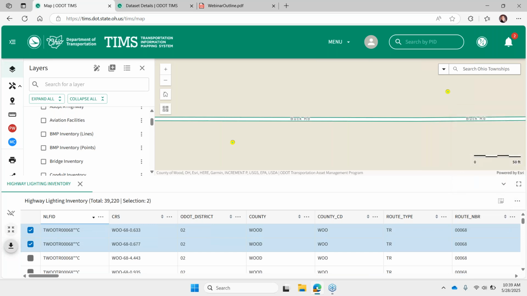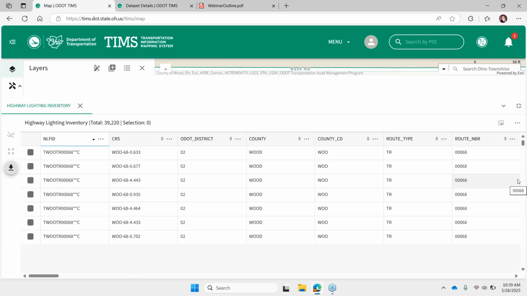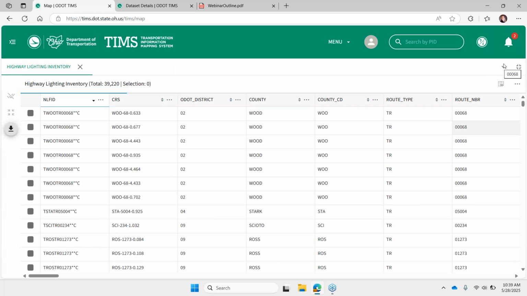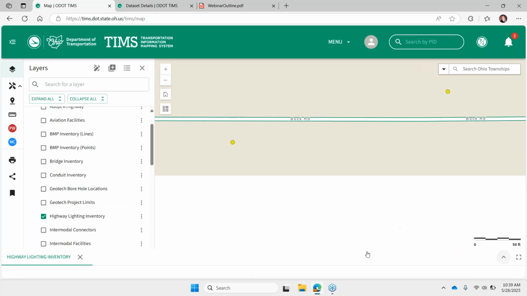You should be able to initiate your filter tool. You can have this table take up more of the page if you really want to dig into that tabular data. Collapse it back down or hide it at the bottom to keep it open, but give yourself more room to view the map.